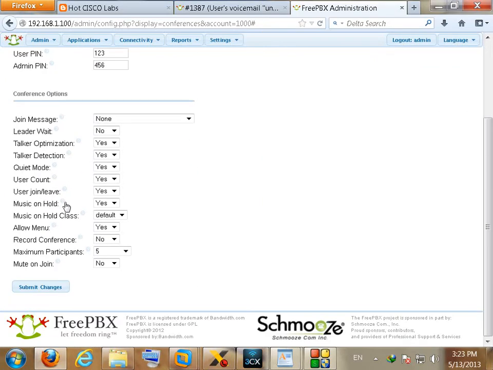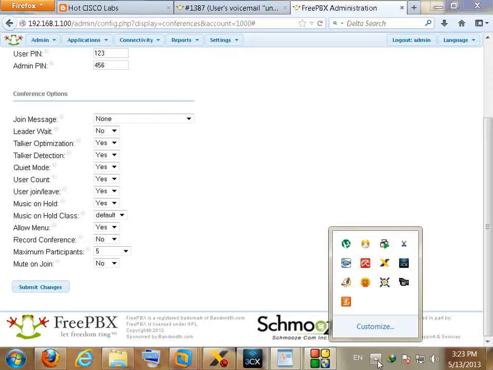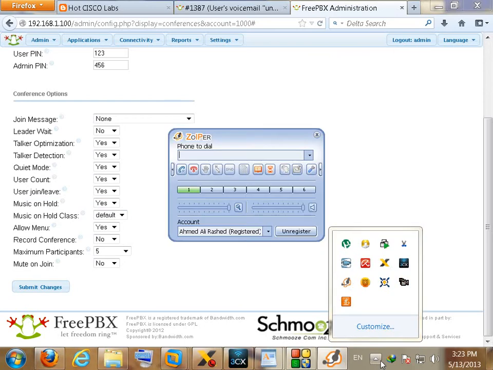And you will hear music on hold since the conference has only a single member, and we have this configuration setting here enabled to play the music on hold if the conference has only a single member or participant, and it will play the music on hold from the default class configured here. Now let's join the conference